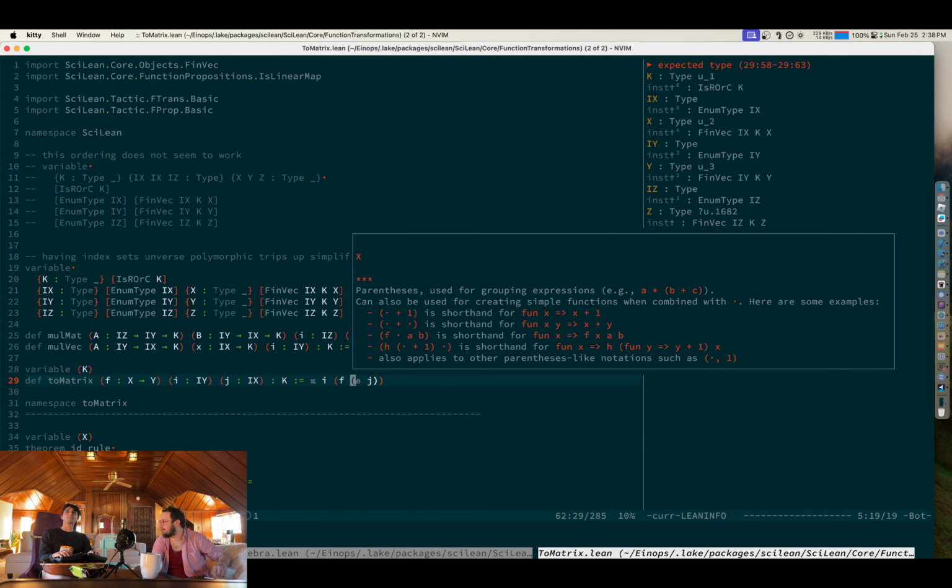Oh, you could do tensor, and that's a tensor of element type. Wait, that seems to just